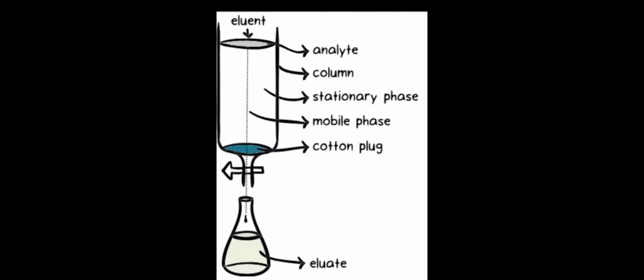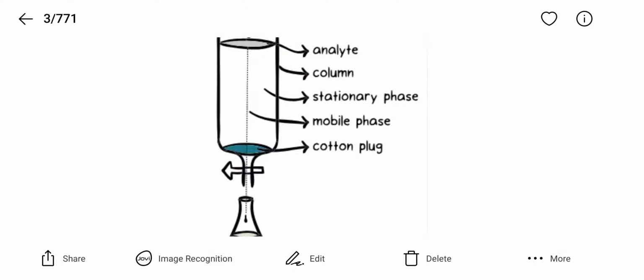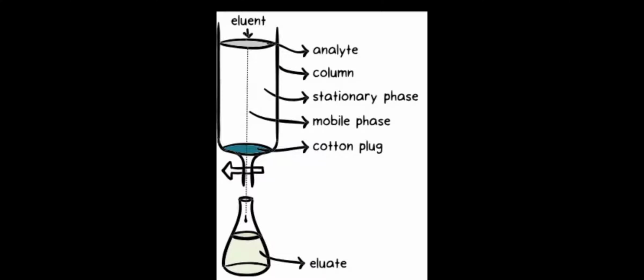Now some chromatographic technical terms. As we know, in the first experiment calcium carbonate was there, so whatever is packed in the column and is stationary at one place is known as the stationary phase. This is the column, we know. Then the eluent is the inert chemical which is added after the sample to facilitate the movement of the sample through the column, and it is known as the mobile phase.